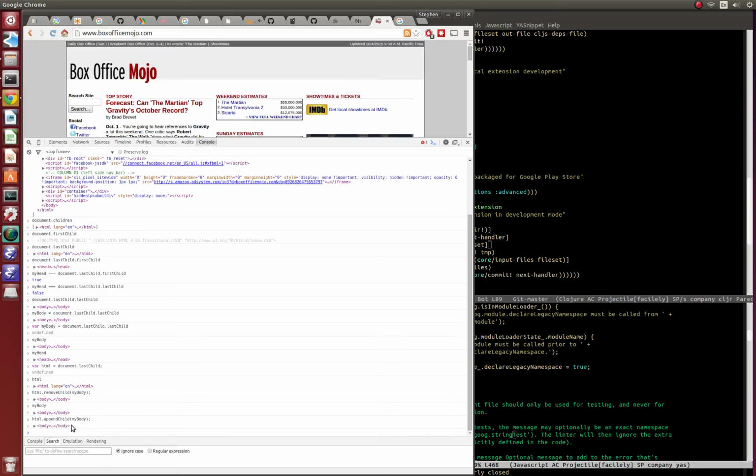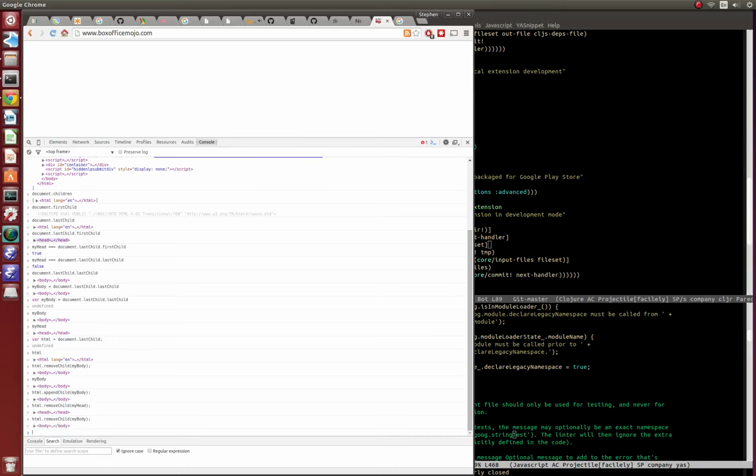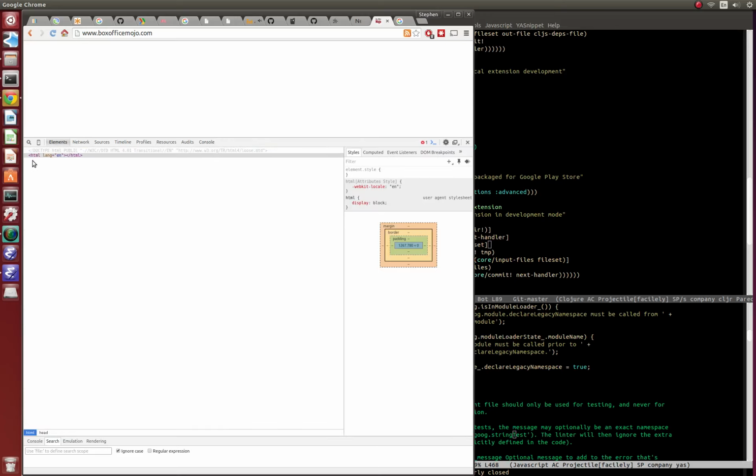It's back. Okay. What about HTML removeChild of my head? No styling, obviously, and the version of my body. I should just have an almost empty HTML for the entire page. Okay, that seems reasonable, but